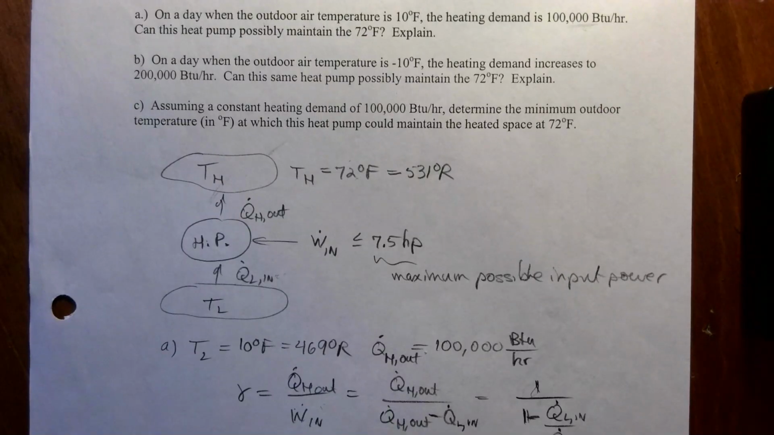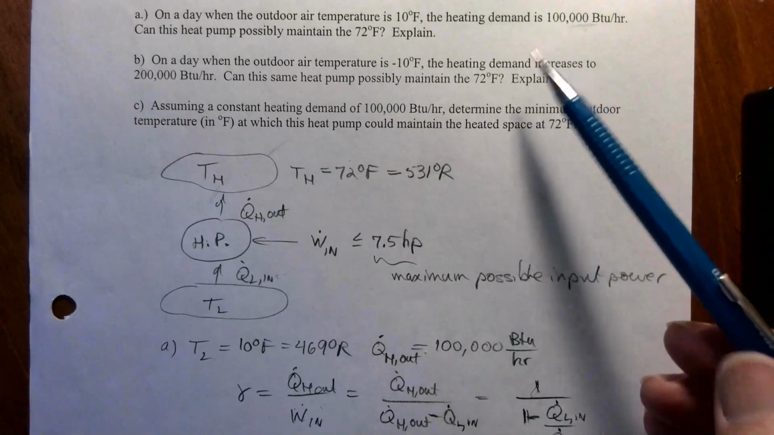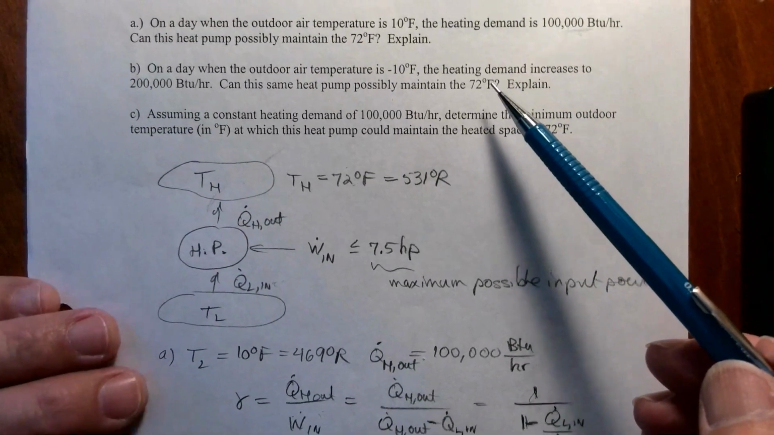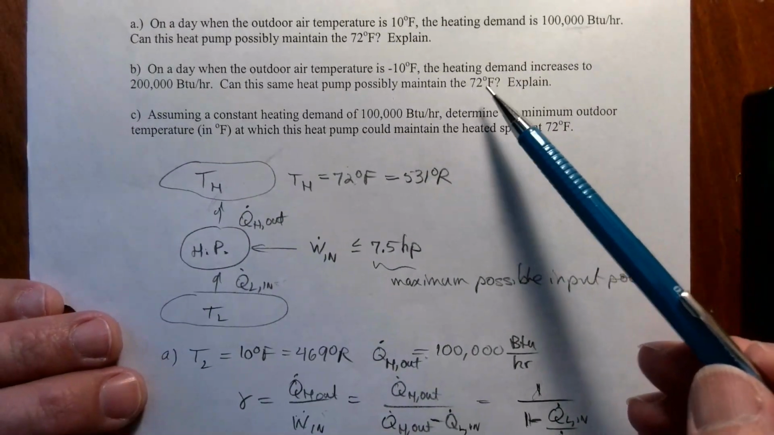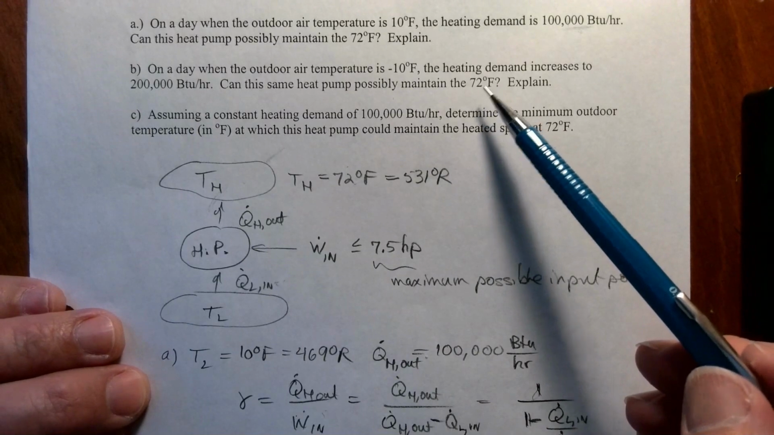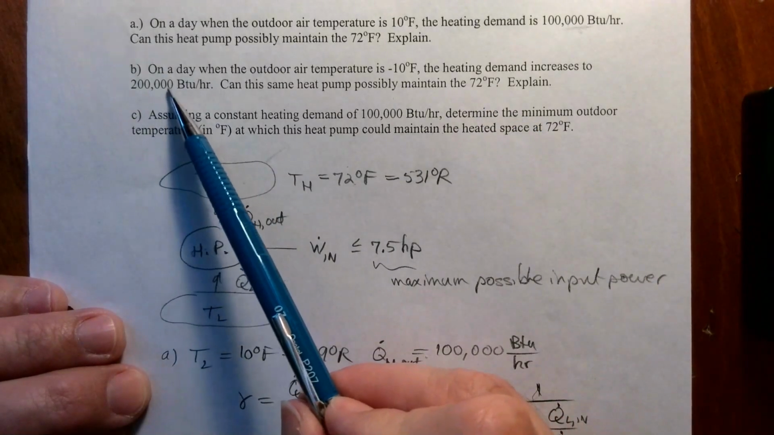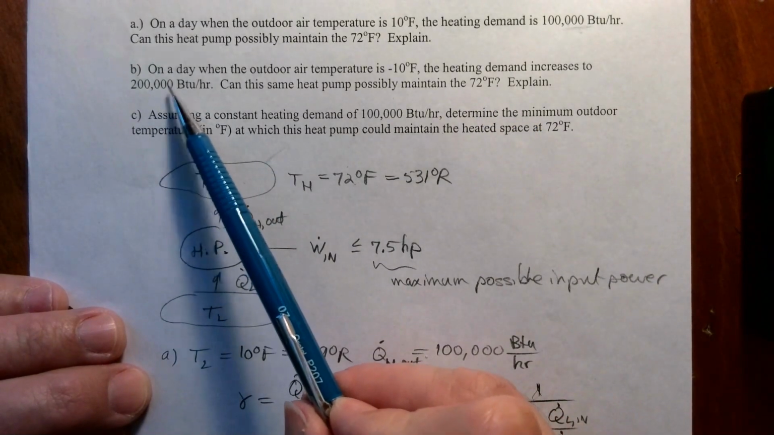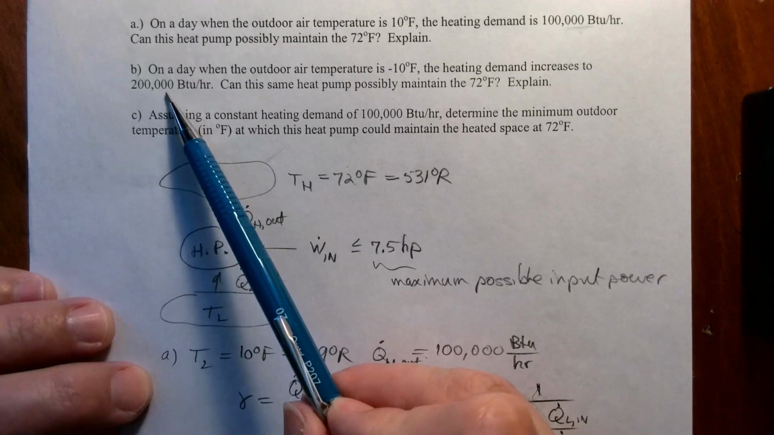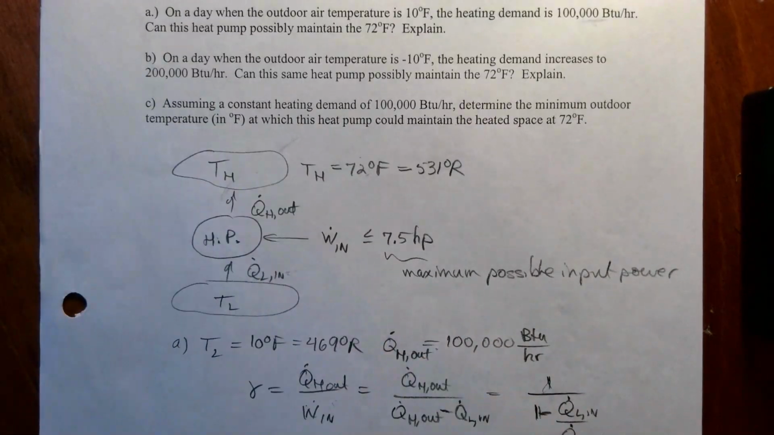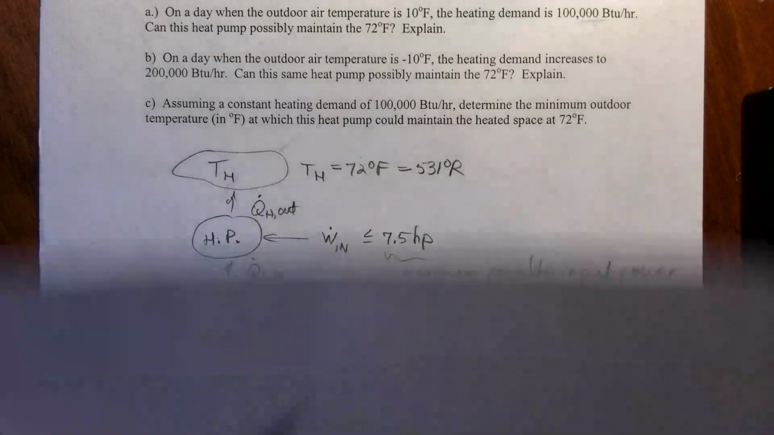So in this situation, repeat that analysis. Can this same pump possibly work? There's going to be a larger delta T, so the maximum performance is going to be reduced, so the pump is going to be challenged more because of that. And then also we have a higher load on the pump, so it's going to be challenged because of that. So it may not work in part B. So considering part B,